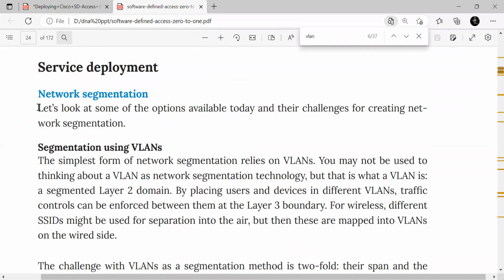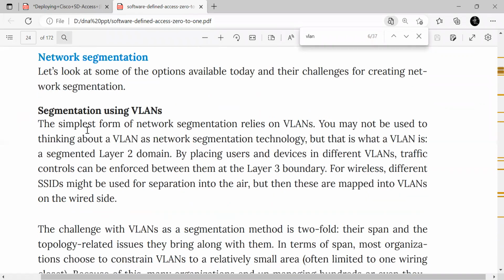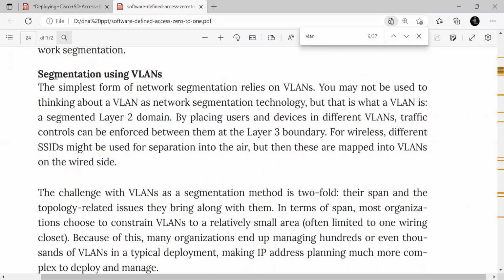Network segmentation: look at some of the options available today and their challenges for creating network segmentation. What kind of network segmentation tools are available today? First one is segmentation using VLAN. The simplest form of network segmentation relies on VLANs. You may not be used to thinking about a VLAN as a network segmentation technology, but that is what a VLAN is. Why is the book saying this? Because whenever you learn VLAN in CCNA or CCNP,